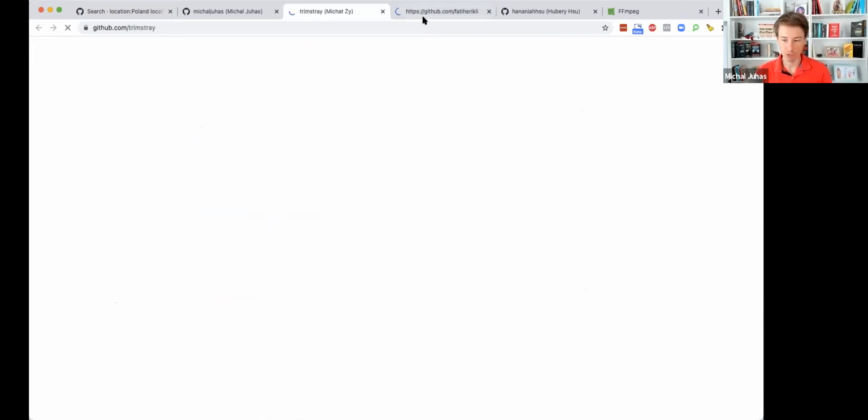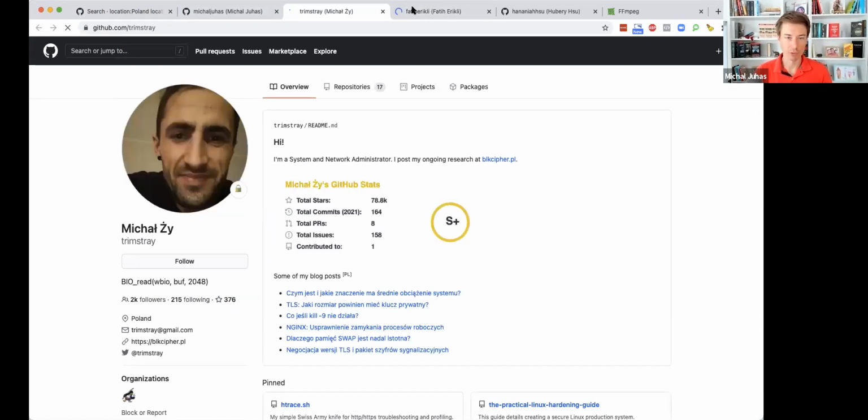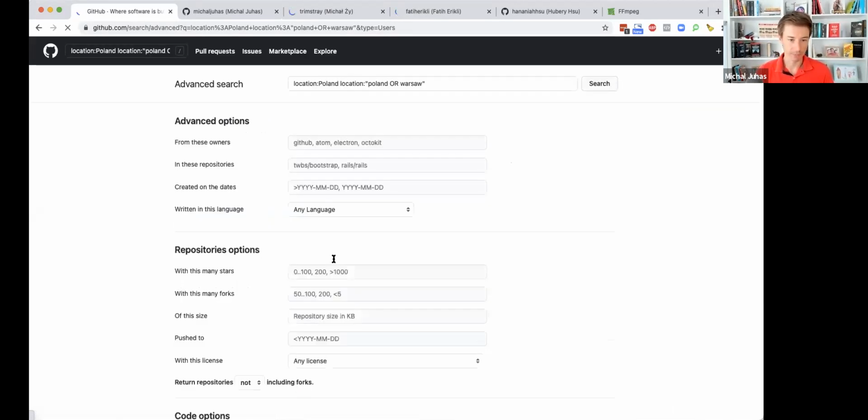Let's see some of these developers, what do they write on their profile. Michal, his name is also Michal. It's a wonderful name, right? The other developer is Fatih. So he wrote Poland. But there are also other developers who write, and we can try it. Let me just type Warsaw, for example, or Wrocław, or some other cities. I don't even know what are all these cities in Poland, but we can try a few. For example,